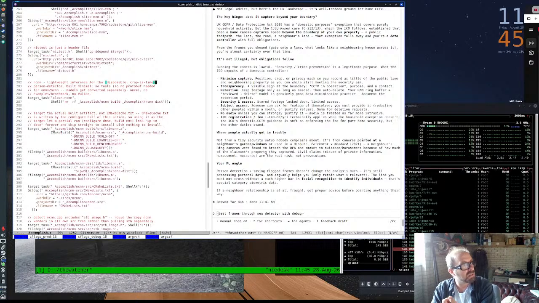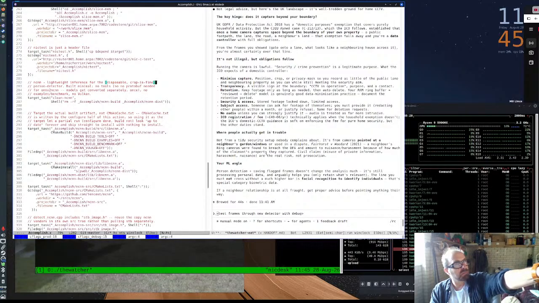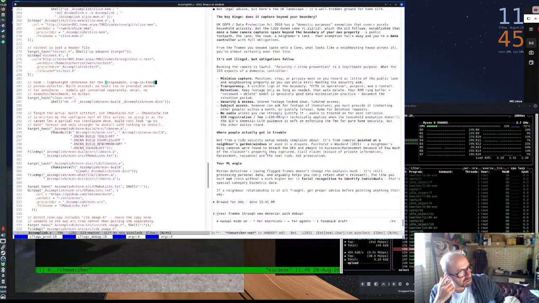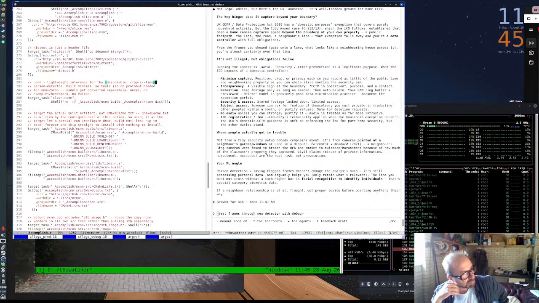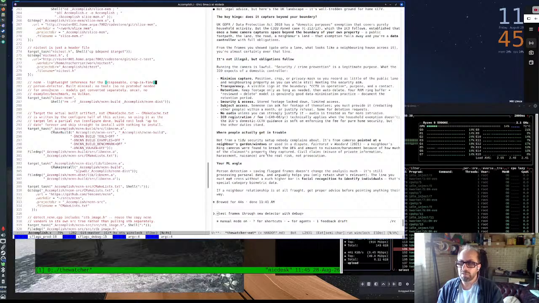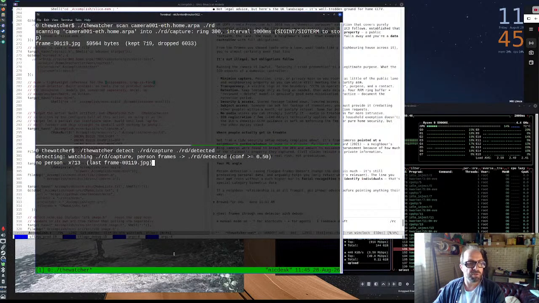I guess what I could do is I could put the camera more on the side of the garage to capture less of the road, and then maybe the privacy concern would be less. Certainly the other cameras, that's fine. Right? Okay, super interesting about the legal question. I'm gonna leave it running, and I'm sure